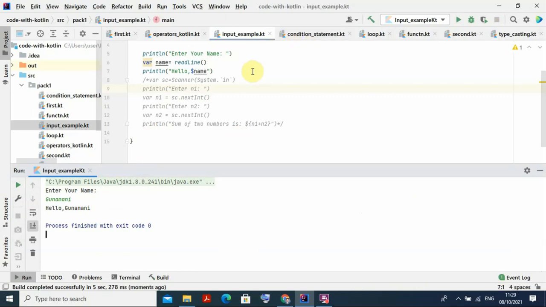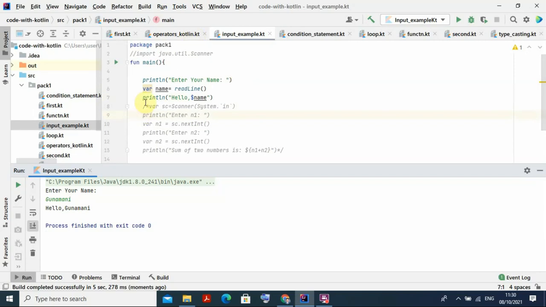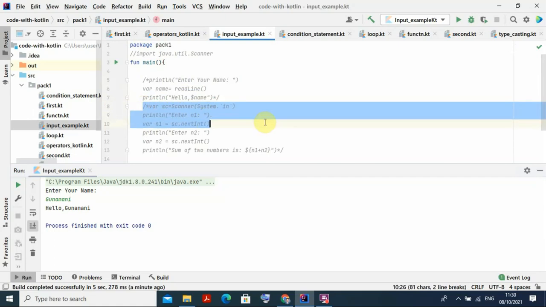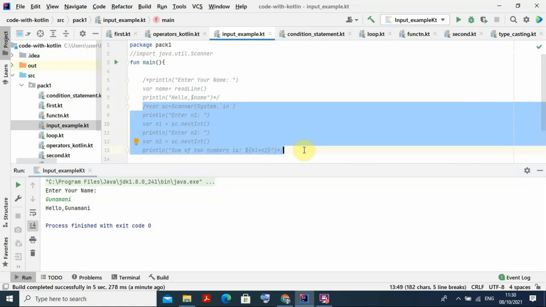Using the scanner also, you can take all the input and put it into any variable. You can go for the various operations that we will learn in the last part of this video. So whatever things I have written for you that I commented, for commenting you know the shortcut, Control Shift and forward slash. That is for multiple line comments. You remember? Single line comments use double forward slash. For multiple lines, I already explained all the things. Now for uncommenting also, it is the same thing.